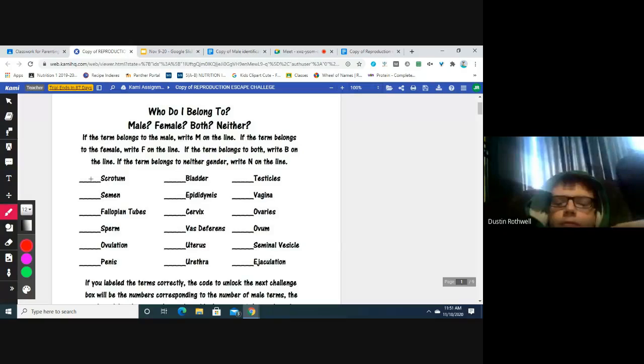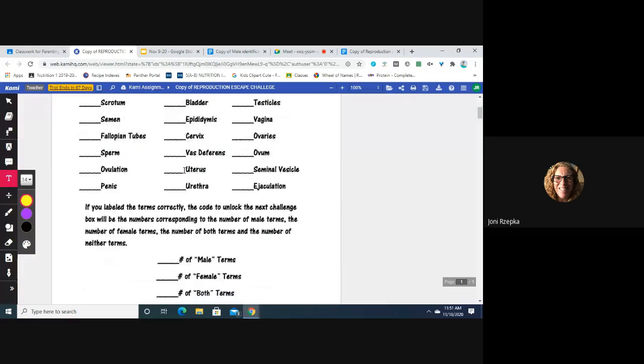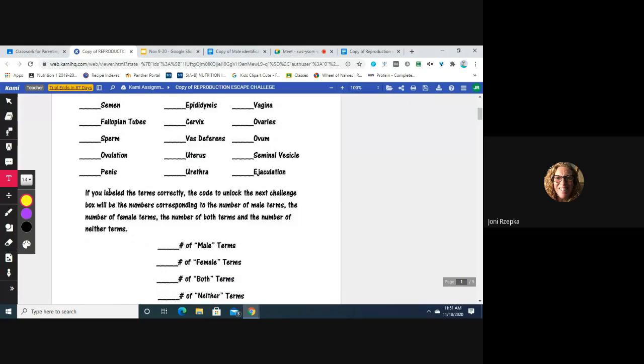The M. Okay. So what I would do is go over here to the drawing tool. I would thicken up my writing. Actually, sorry, that's for something else. You can still use that, but I'm going to use the text box. I click on it, a text box appears, and I put an M. Then I go to the next one, do another text box, and write whatever it is. Once I do that, I come down here, and it says, if you label the